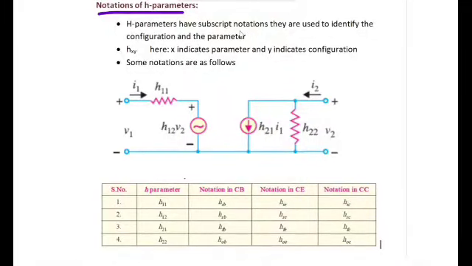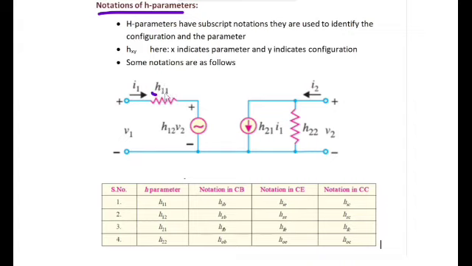We have seen all about h parameters and how they are derived and why they are called h parameters, and now we are going to learn about the notations of h parameters and how we will write them. H parameters are written with a script h letter, and the parameter, regarding which parameter it is called, is written in the subscript, and we can see this.